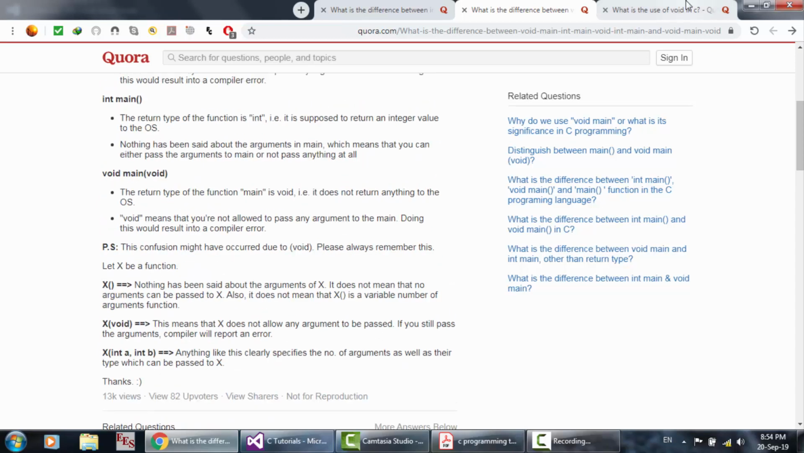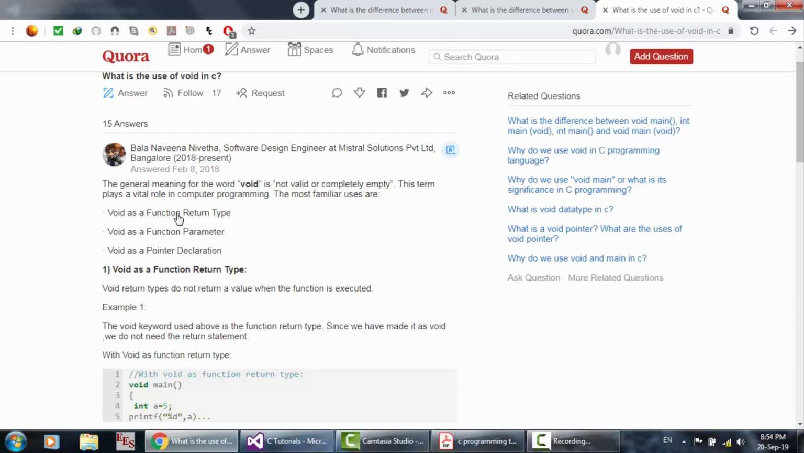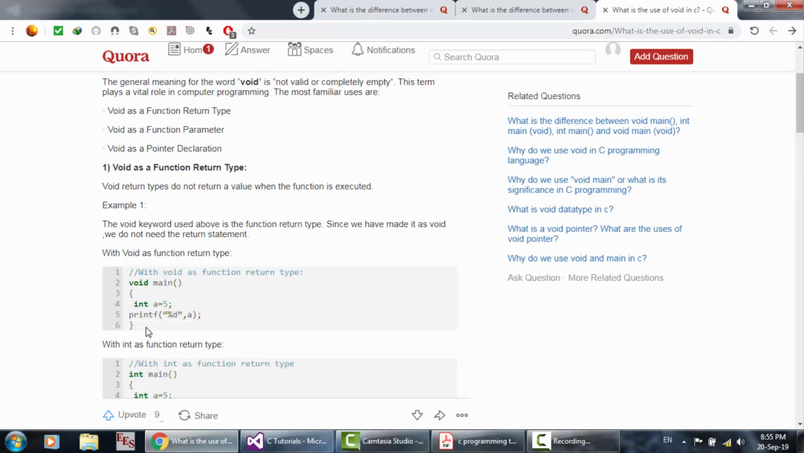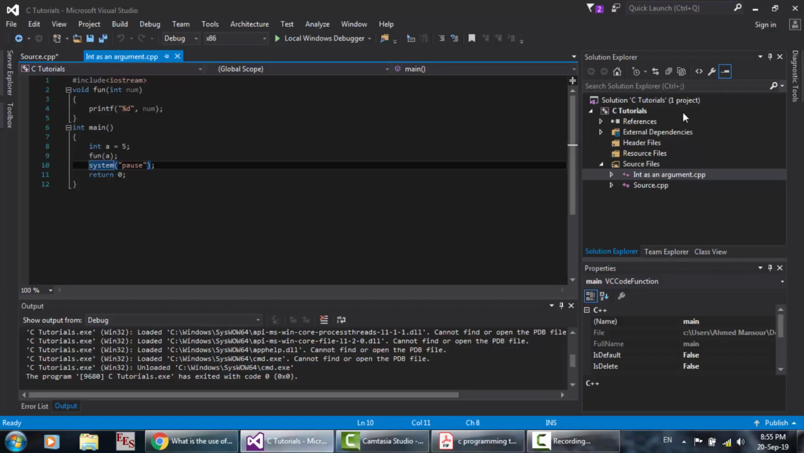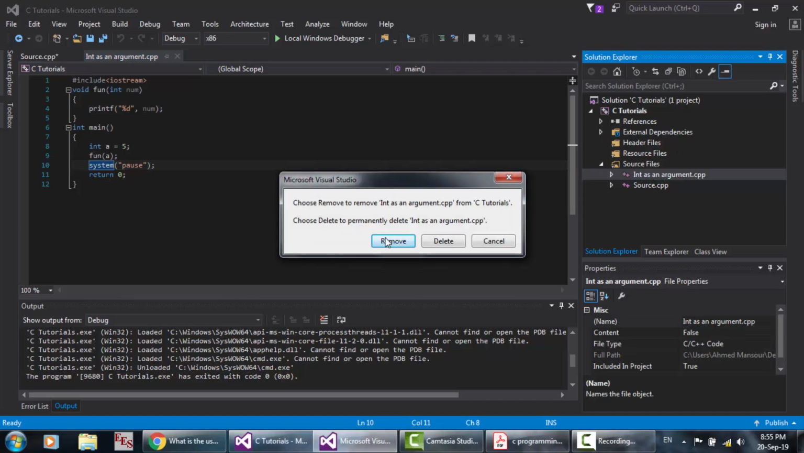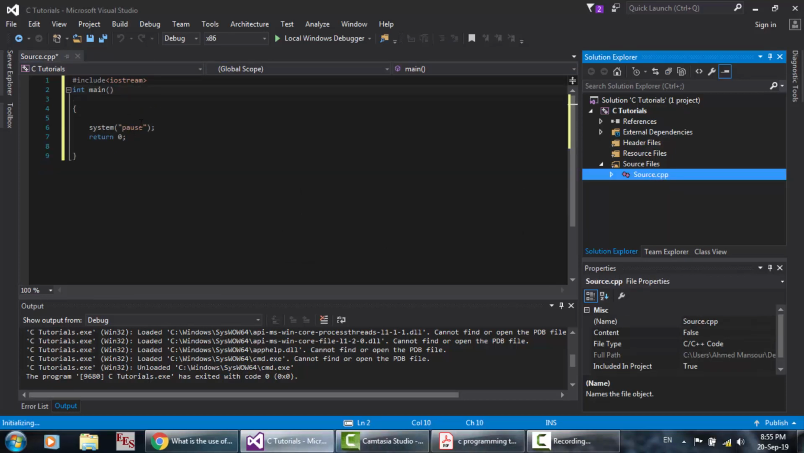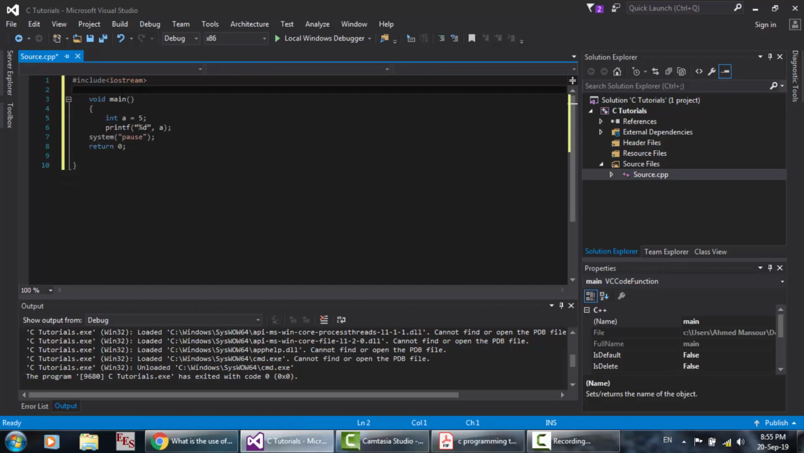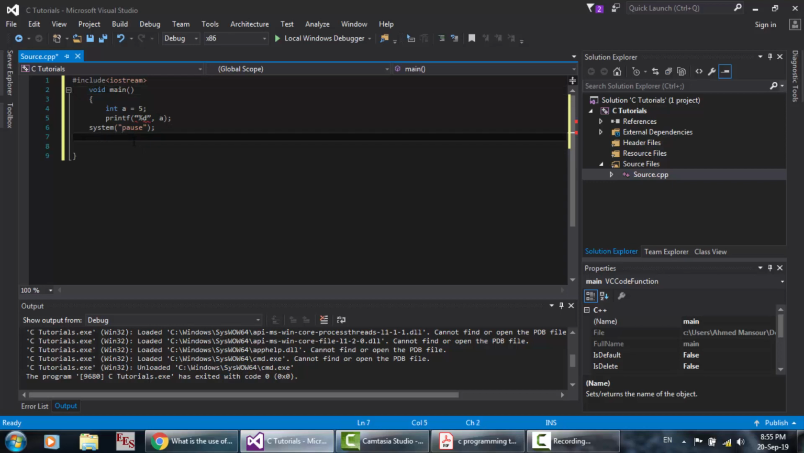Okay, so let's see some examples. Void as function return is like this. Here void main. Okay, let's get this example. I will remove this, but I'm not going to delete it. So we have here no need to return 0. Printf decimal